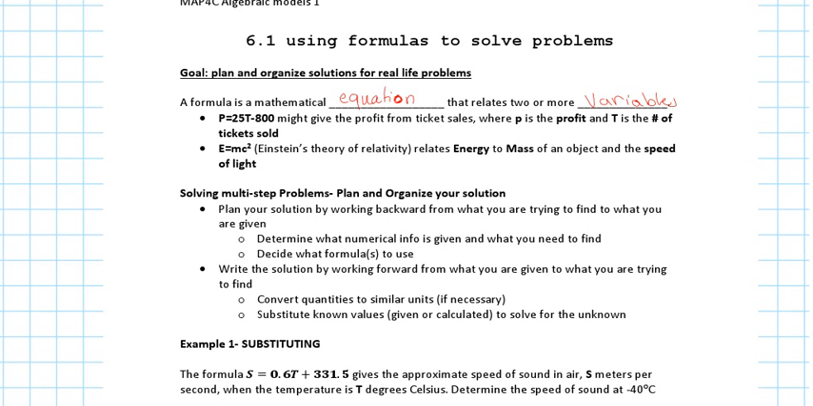So for example, p equals 25t minus 800 might give the profit from ticket sale, where p is the profit and t is the number of tickets sold. So you see here we have two variables, p and t,